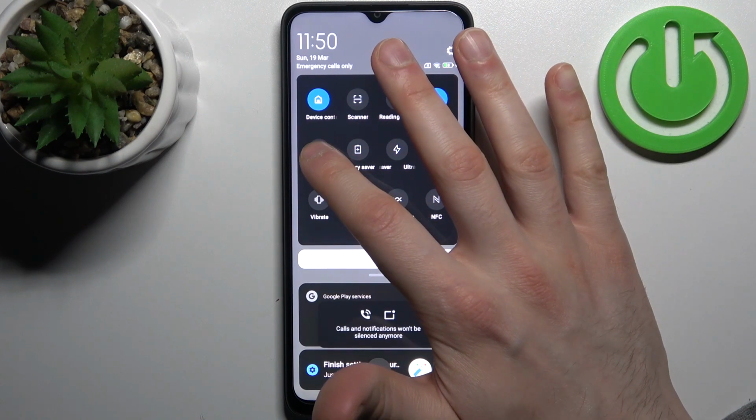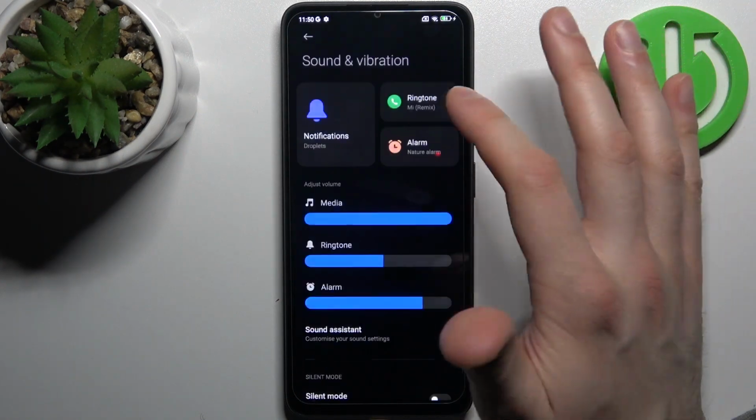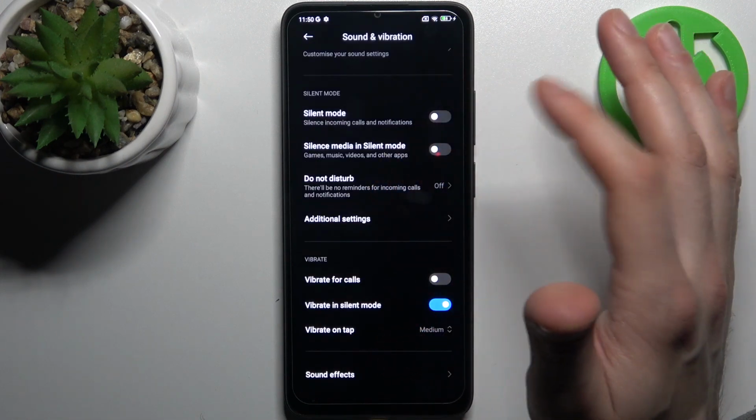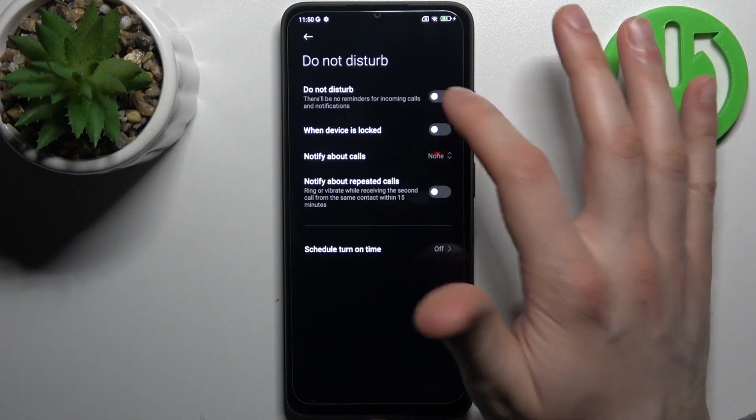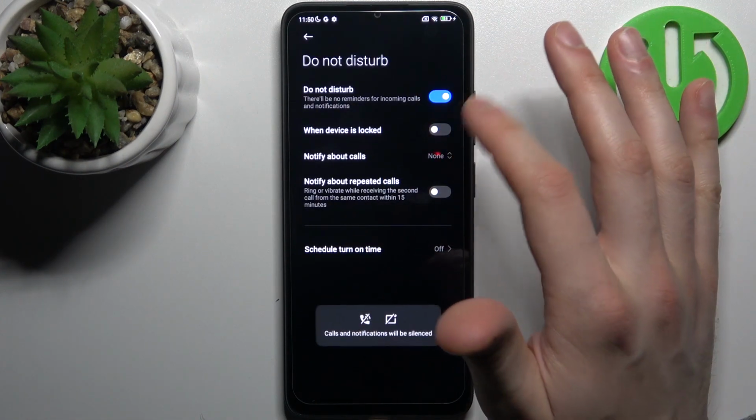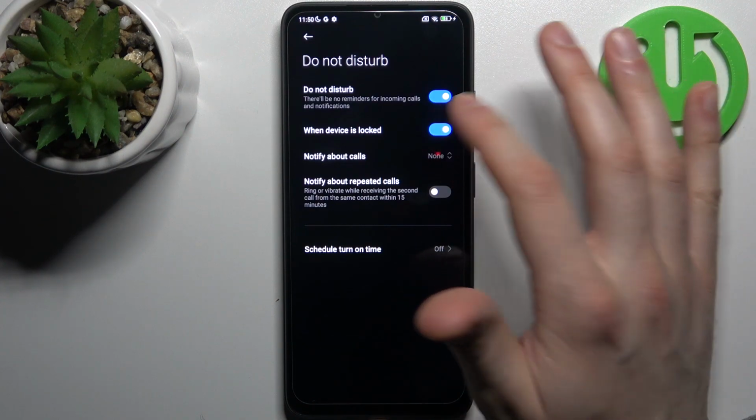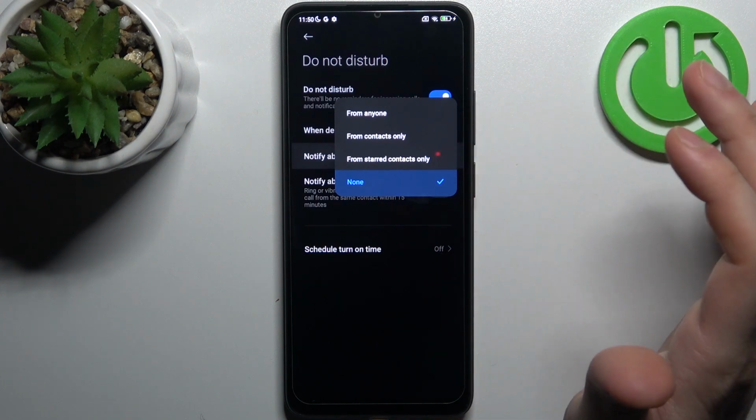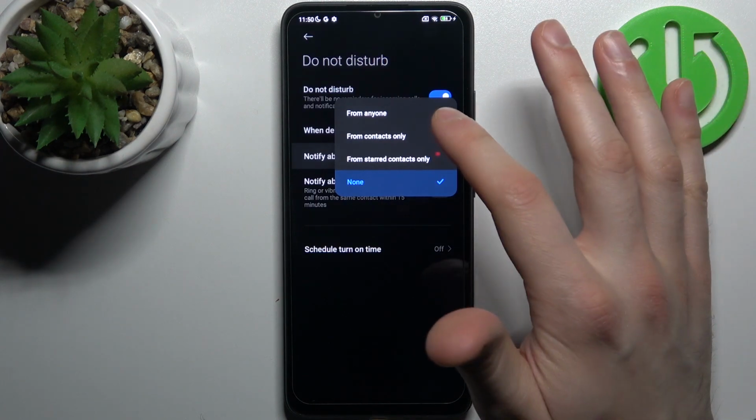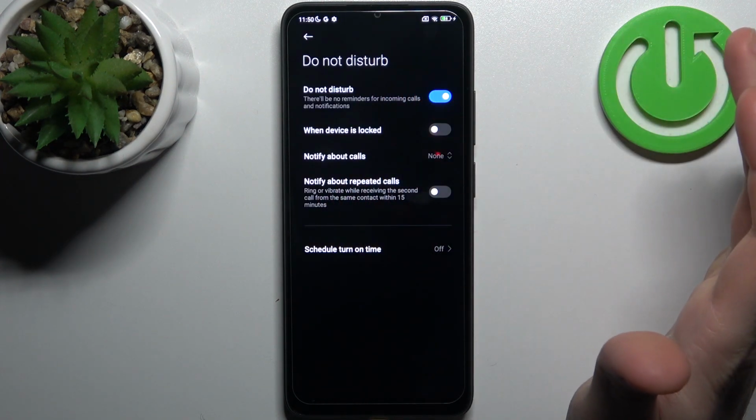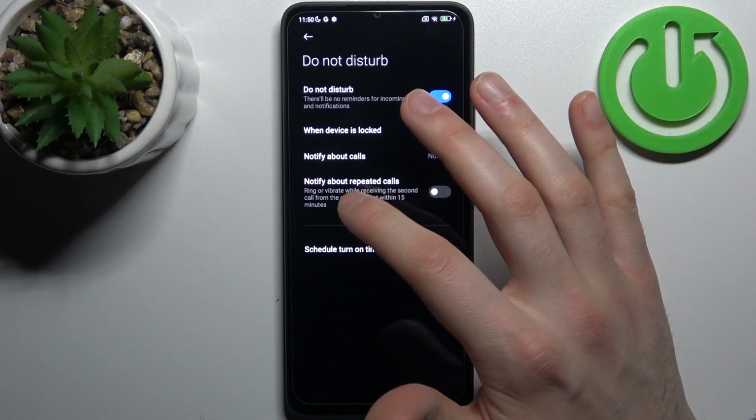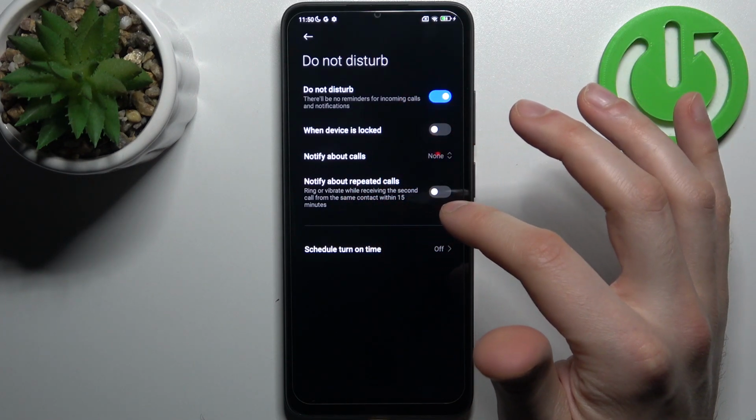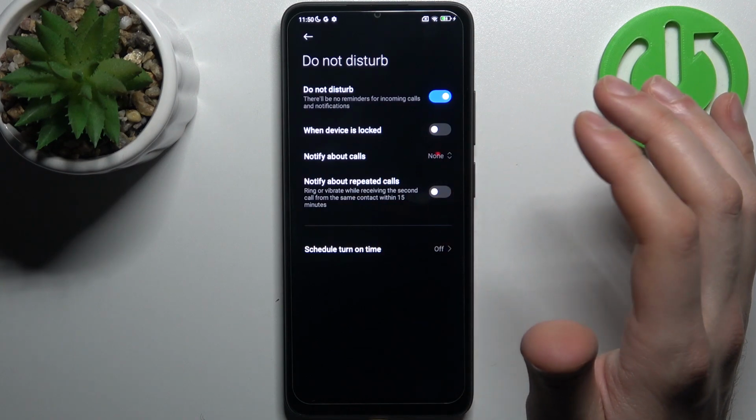By holding your finger on it you can access some of its settings. For example, you can also switch it here. You can enable it when device is locked. You can notify about calls from anyone, from contacts only, from shared contacts only. You can also notify about repeated calls, ring or vibrate while receiving the second call from the same contact within